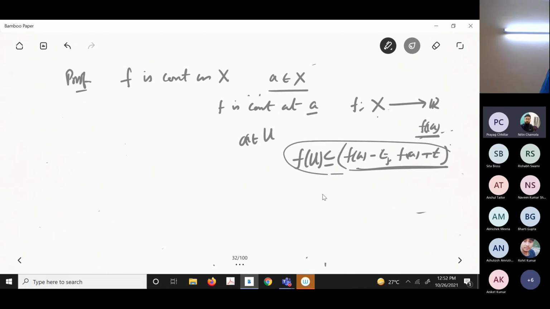Now you see |f(x) minus f(a)|, I have split into 3 parts. The first part, |f(x) minus fk(x)|, is less than epsilon by 3 by the star condition. And fk is true for all x, so particularly true for a, so |fk(a) minus f(a)| is less than epsilon by 3. And by double star, for 2 parts I have used uniform convergence.